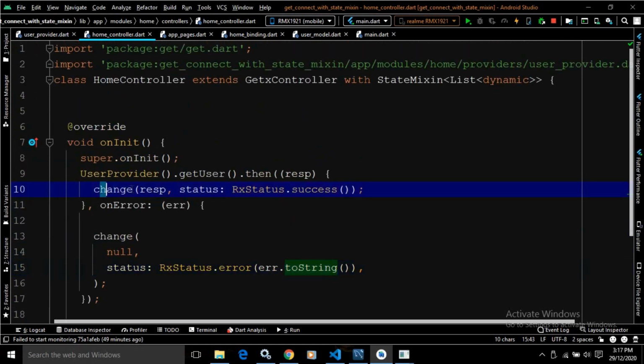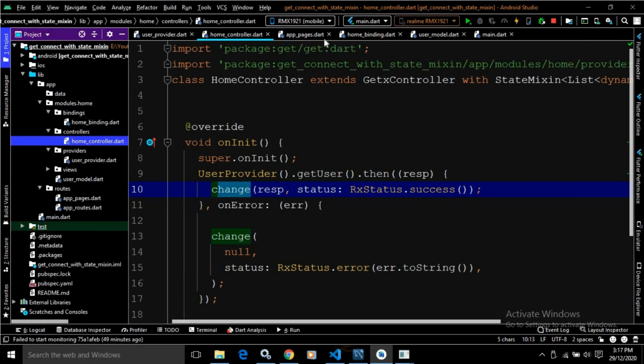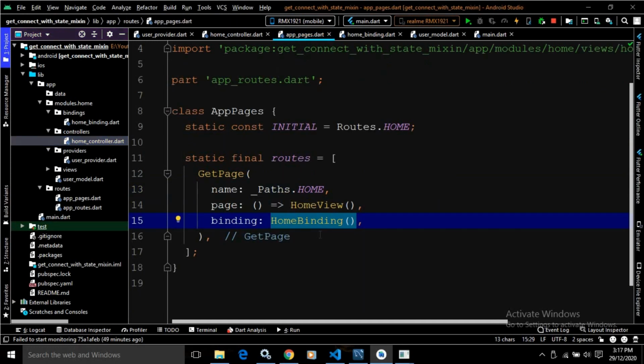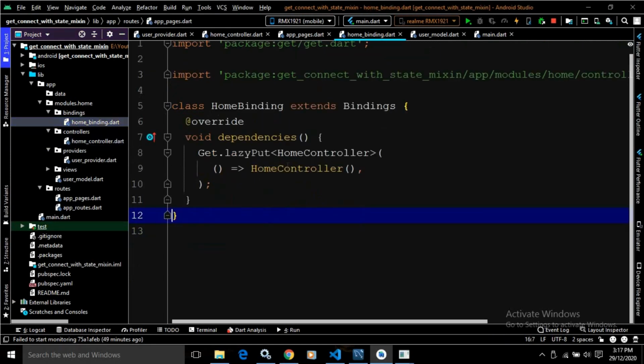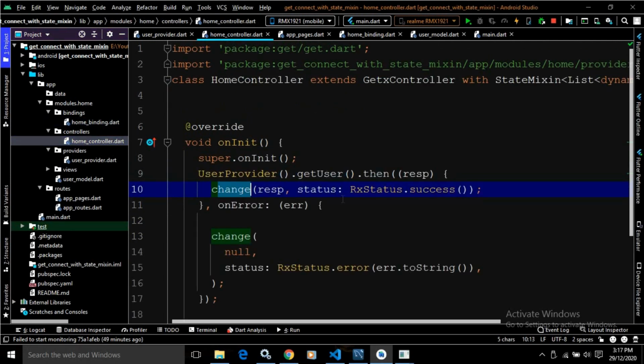This change method, as I told you, is provided by StateMixin. So let me go to app_pages. Whenever this binding is called, this controller will be initialized, and whenever this controller is initialized, at that time this getUser will be called, and this getUser will call this change method which is provided by GetX.